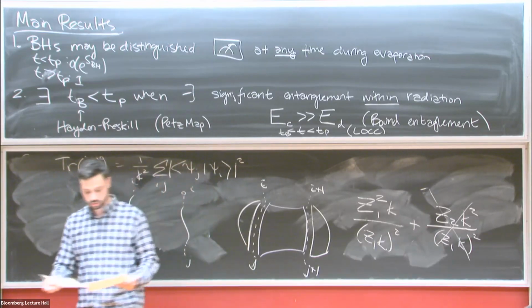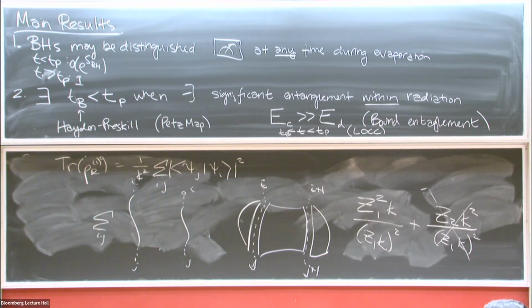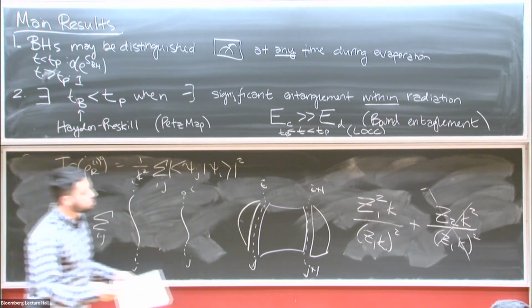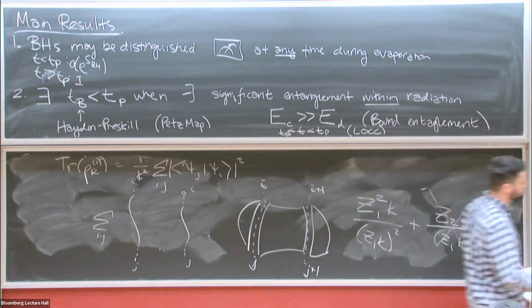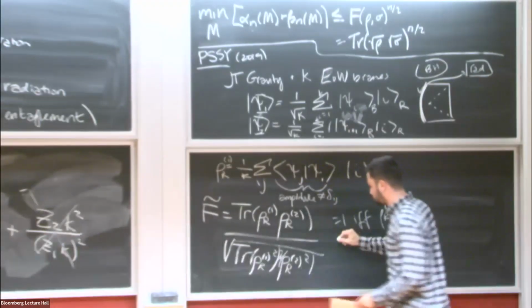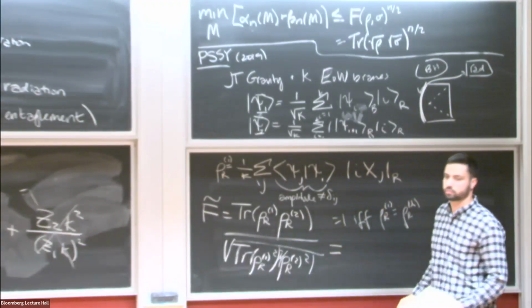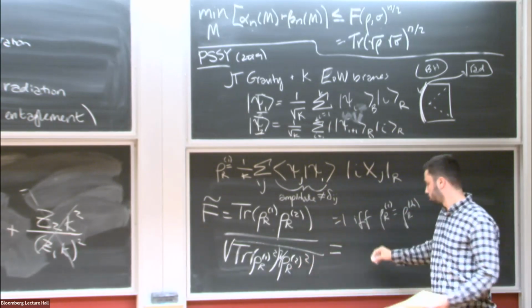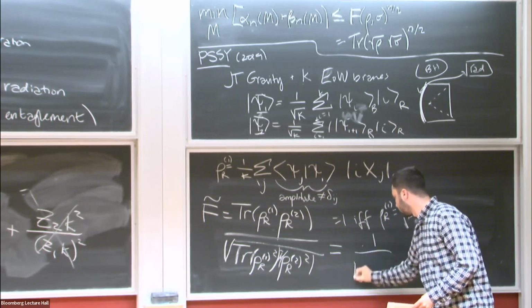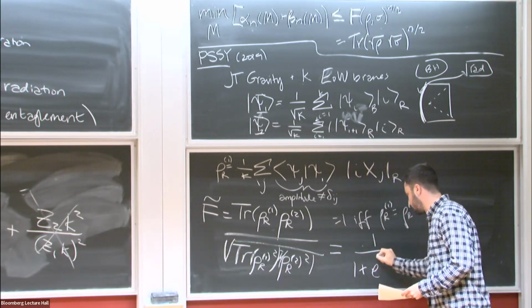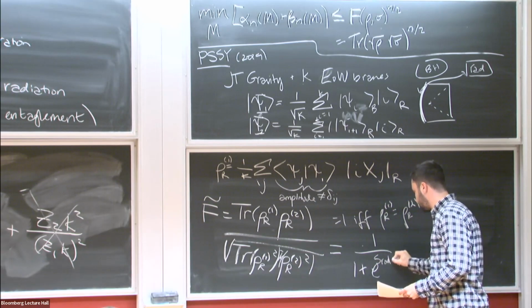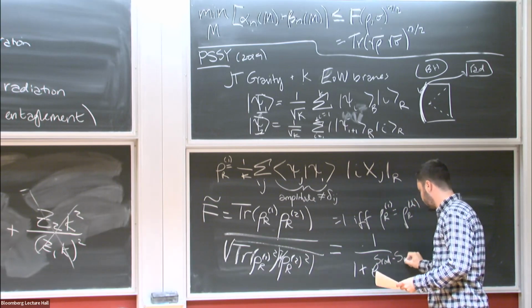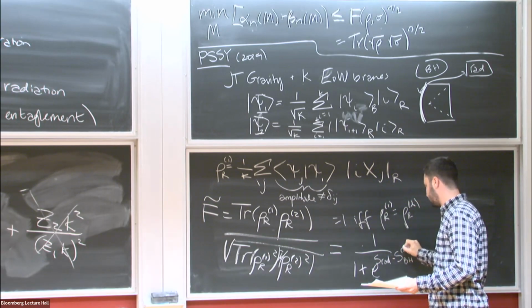So this was a simple exercise that gives this F tilde. Write it like the following: the full answer, if we include the wormholes only for the denominator but not for the numerator, is 1 over 1 plus the exponential of the entropy of the radiation minus the second Rényi entropy